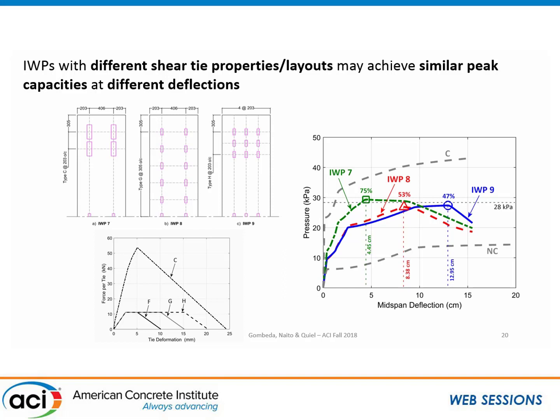The first panel over there has 4 very stiff connectors just at the end, versus the second one that has uniform spacing, versus the third, which has not as big or stiff connectors, but they're sort of more concentrated towards the end. The important thing here is that all the panels reach a similar capacity, but the midspan deflections that they're happening at are different. So in a sense, this is to prove that the response limits are heavily influenced by